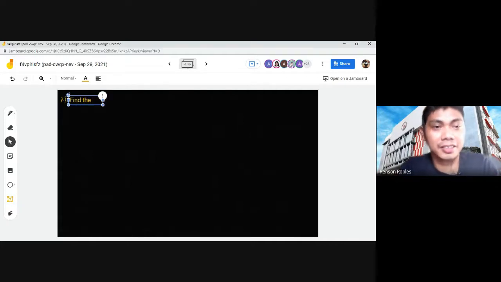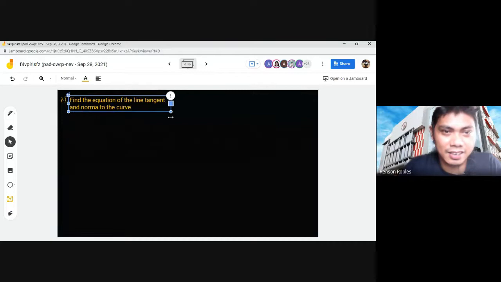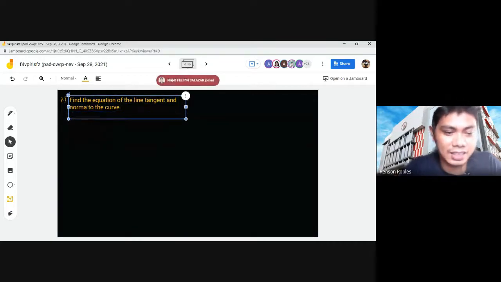Find the equation of the line tangent and normal to the circle, hindi, wag na lang circle, to the curve, mamaya ka isusulat, to the curve at